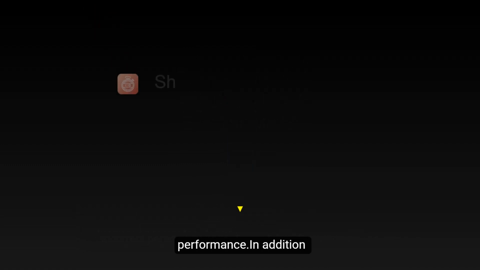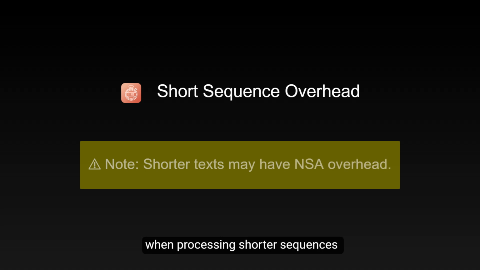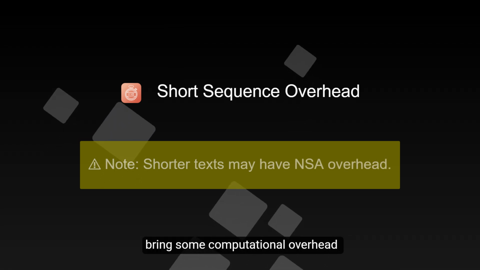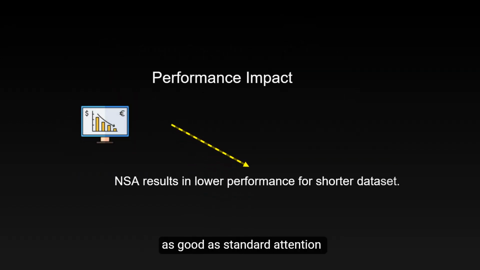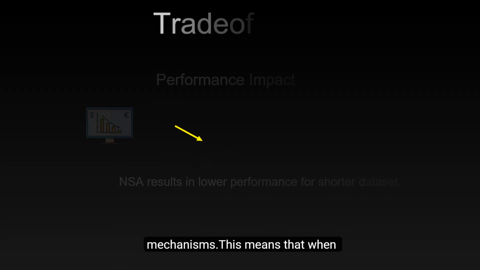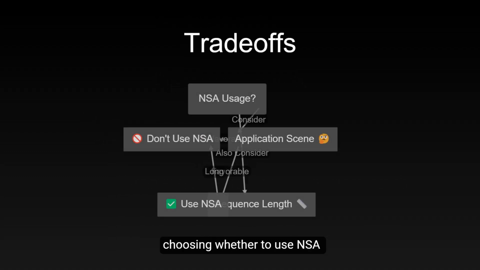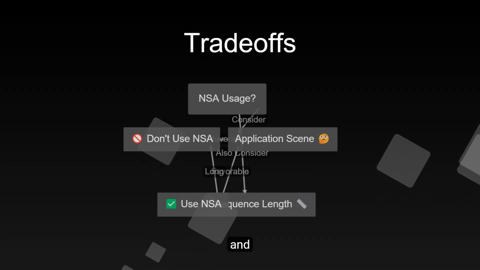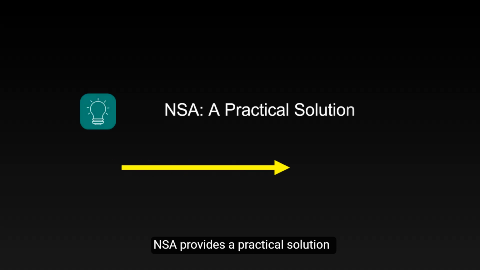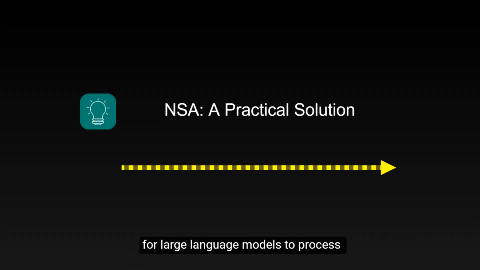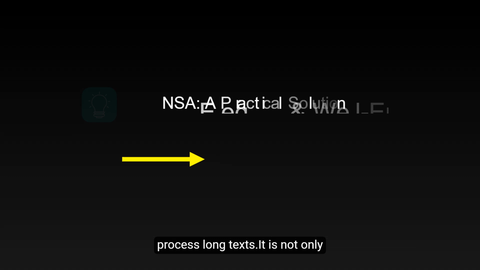In addition, when processing shorter sequences, NSA's pre-processing steps may actually bring some computational overhead, making the overall performance not as good as standard attention mechanisms. This means that when choosing whether to use NSA, it needs to be weighed against the actual application scenario and sequence length. Overall, NSA provides a practical solution for large language models to process long text that is not only